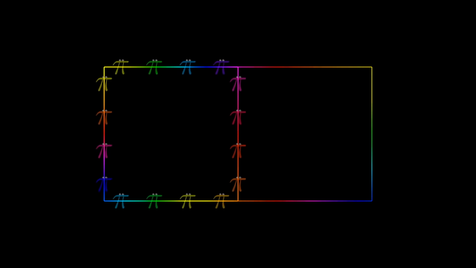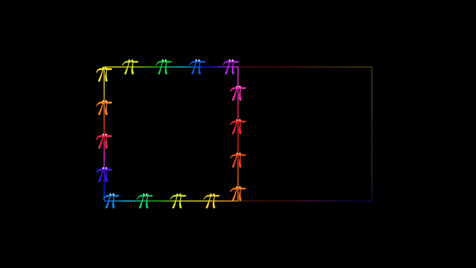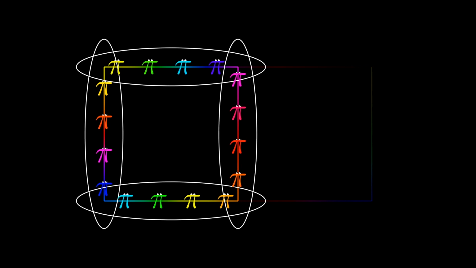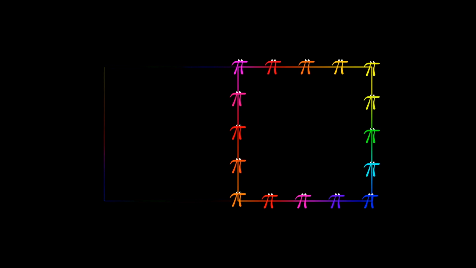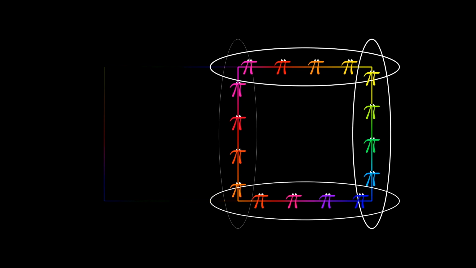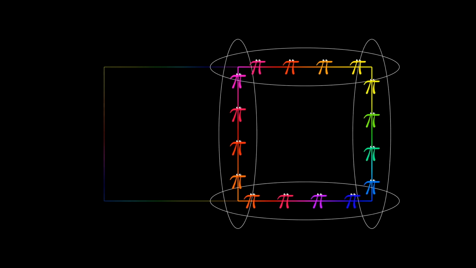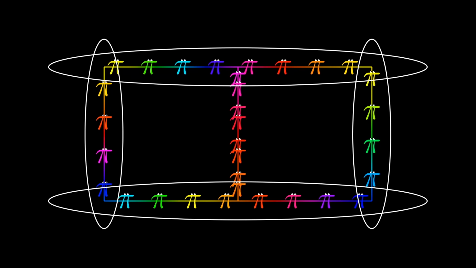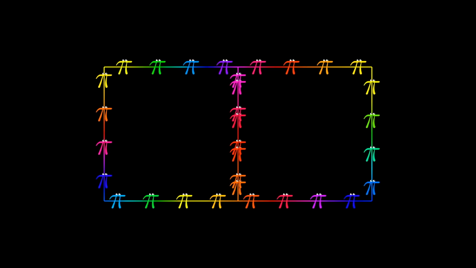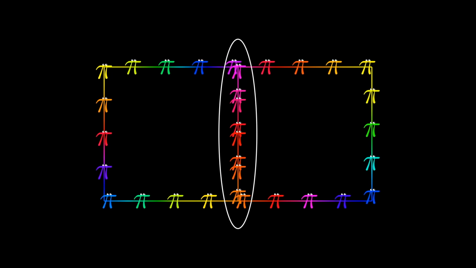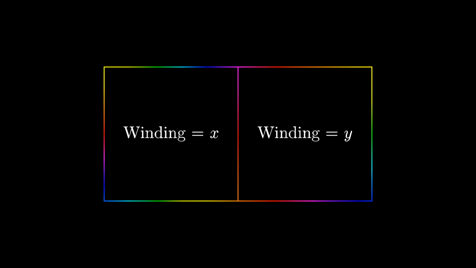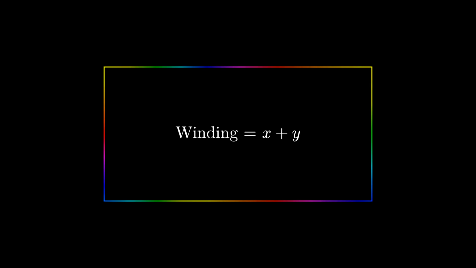Well, take a look. The winding number as we go clockwise around this region on the left is the sum of the winding numbers from these 4 paths. And the winding as we go clockwise around this region on the right is the sum of the winding numbers from these 4 paths. And when we combine those 2 regions into a bigger one, most of those paths become part of the clockwise border of the bigger region. And as for those 2 paths that don't, well, they cancel out perfectly. One of them is just the reverse, the rewinding of the other one, like we saw before. So, the winding numbers along borders of regions add up in just the way that we want them to.